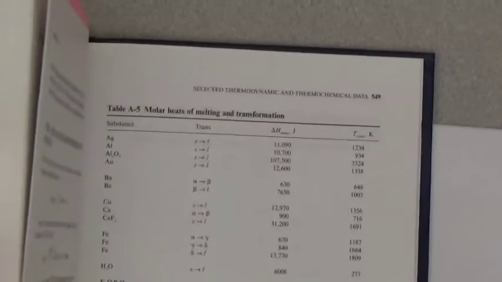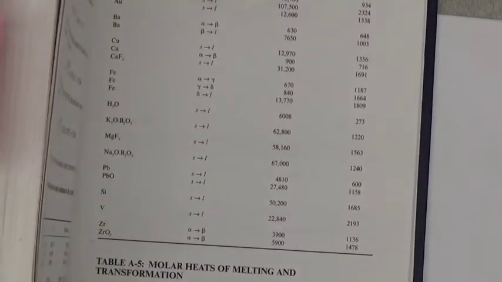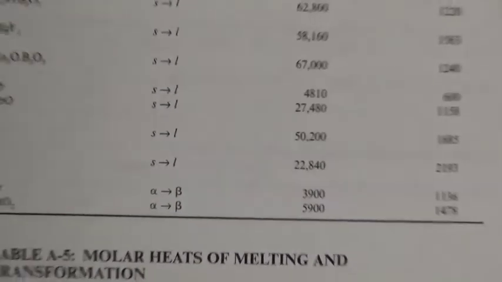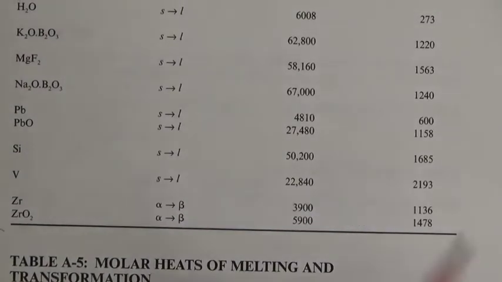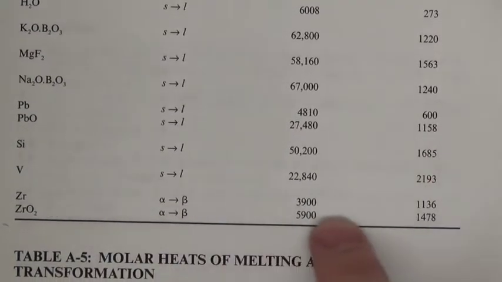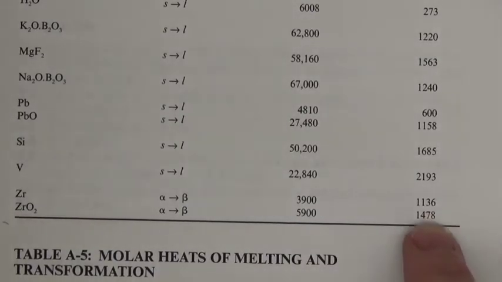In this case, zirconium transforms from the low temperature alpha phase to the beta phase at 1136. So, writing out our enthalpy we get